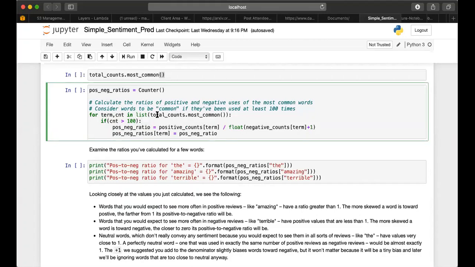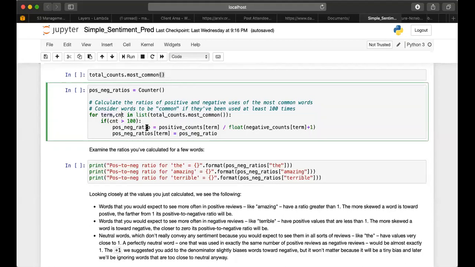So here we are saying we know all the unique words are in this dictionary, and we can loop through this dictionary and get the word and the count. It's more or less like getting the key and the value, right?